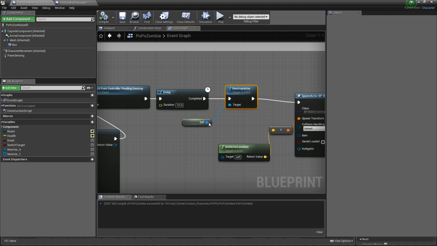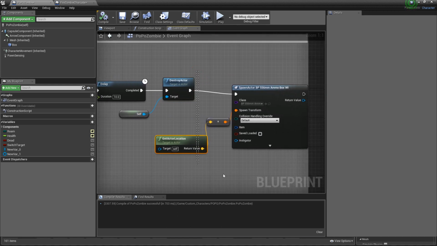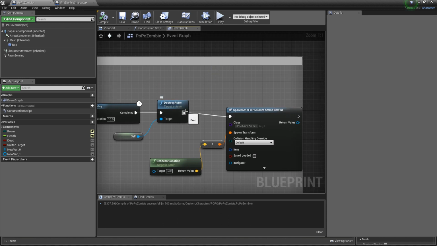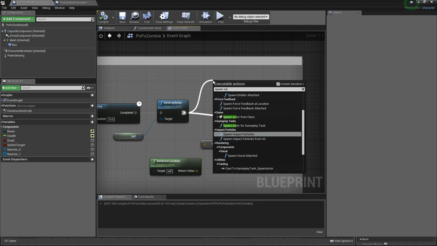The target is going to be a reference to yourself again. Now this section here is not necessary at all. If you're making a game where you wanted an enemy to have something on him, like ammo, food, health, whatever, you can run it from the destroy actor. And from the execute, you would literally type spawn actor